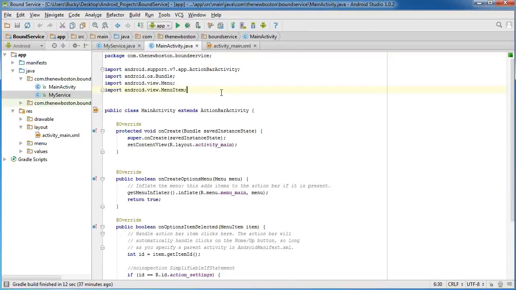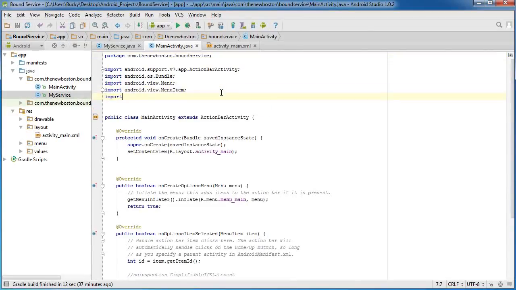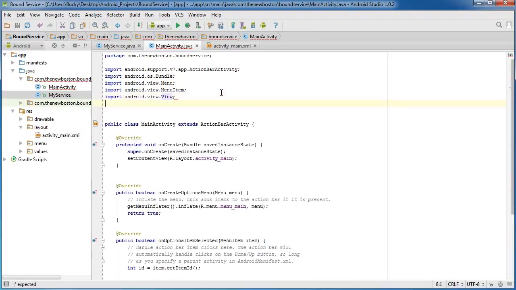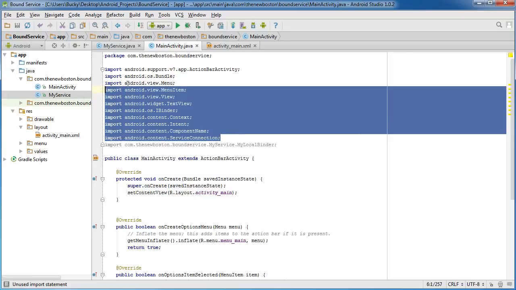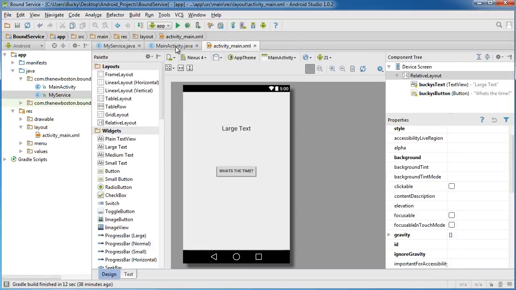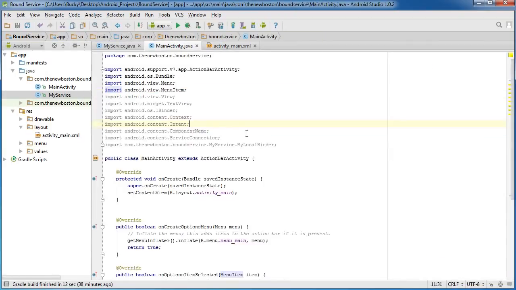Alright, so let's finish this up, and the first thing we need to do is import a bunch of stuff. Android.view import. Actually, let me pause my video and I'm going to import everything we need to. Alright, so I imported all the stuff we're going to need for, of course, to reference our interface and also to